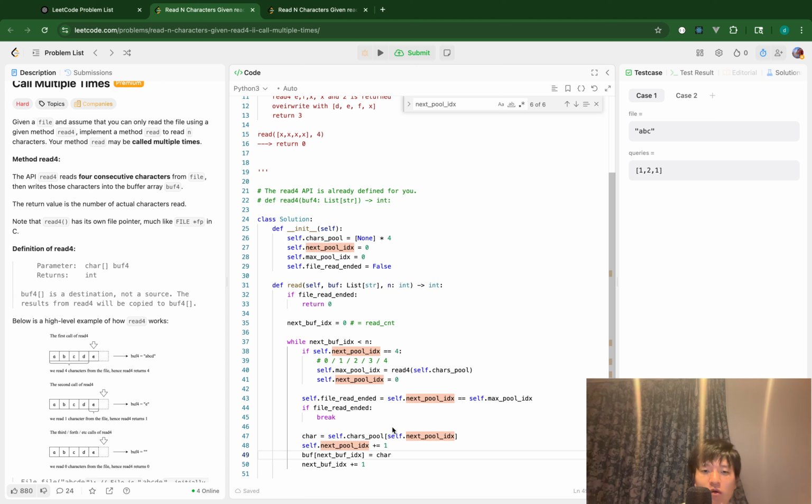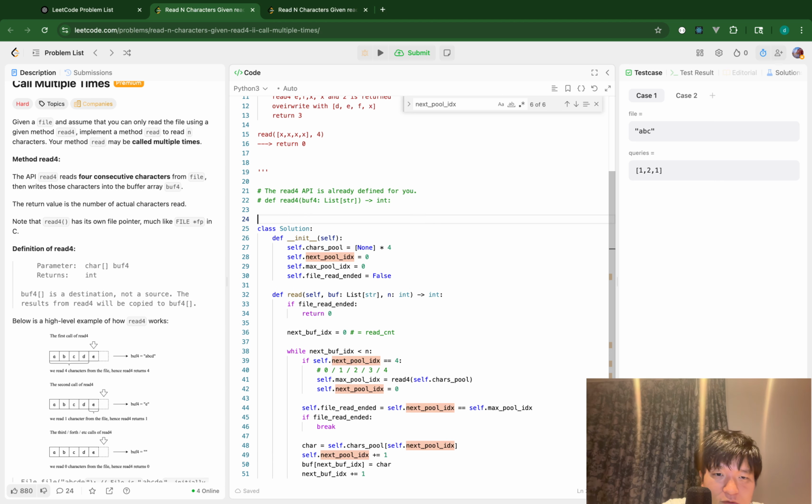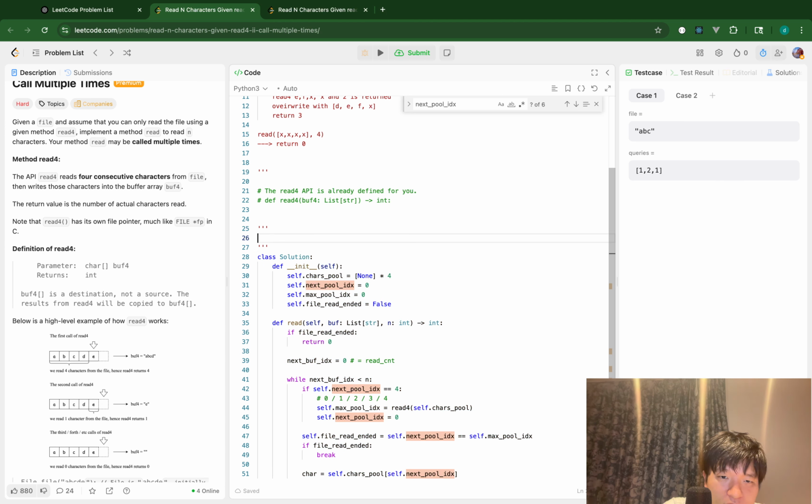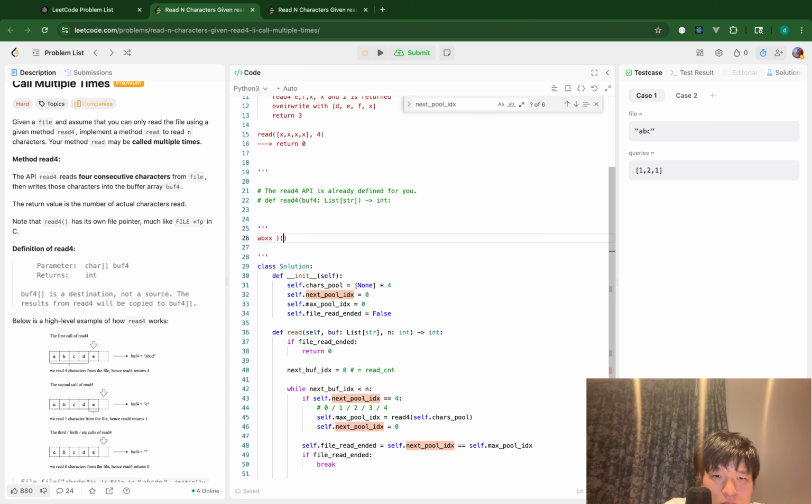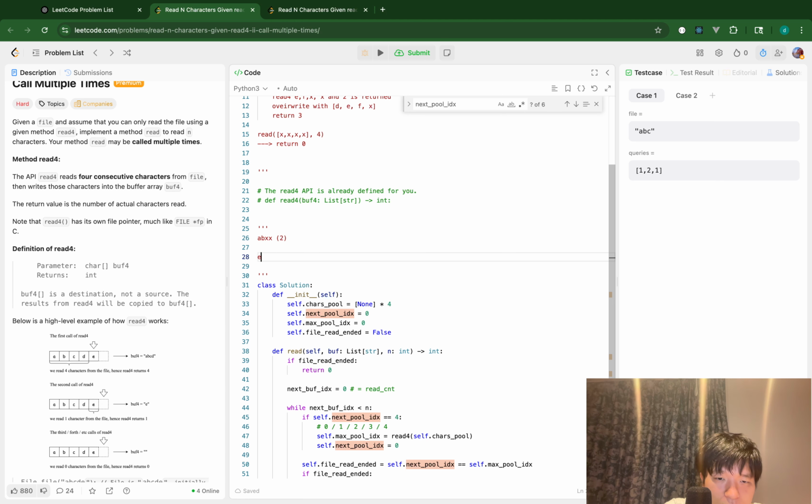So let me walk through my code with some cases. The first case is if the file has only 3 characters or maybe 2 characters. In this case, let me think. So in lines 41, oh, and let me try to read 3 characters. Yeah. So in this case,